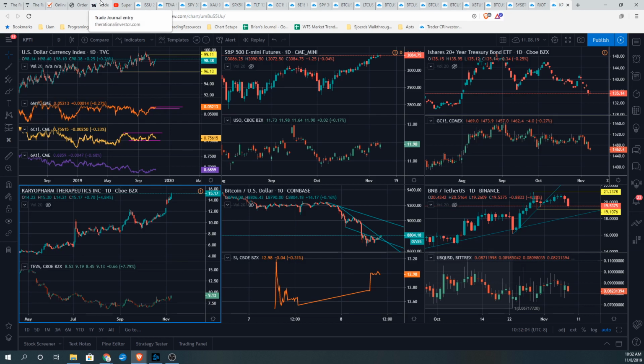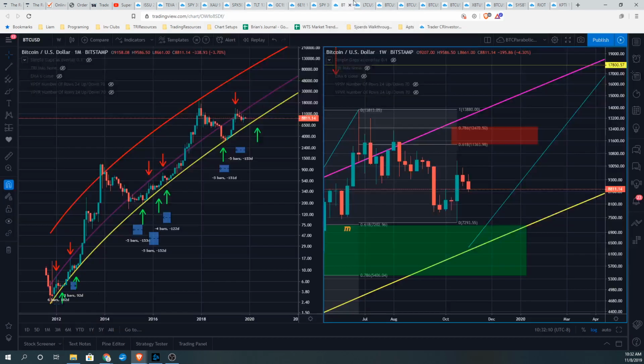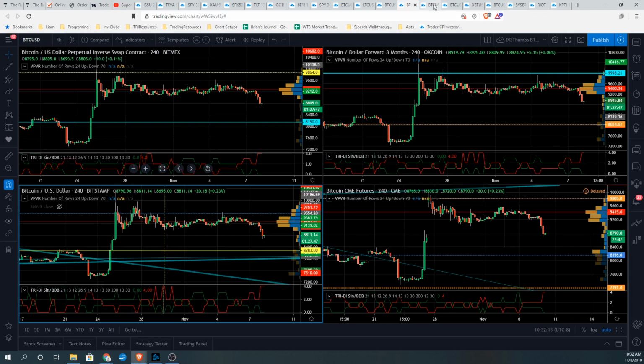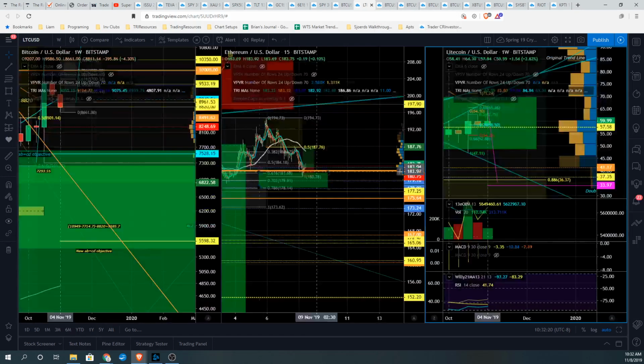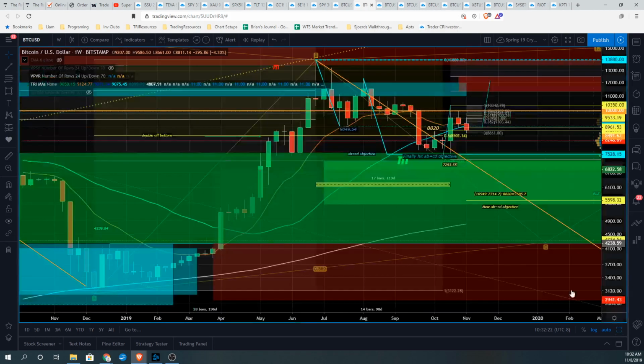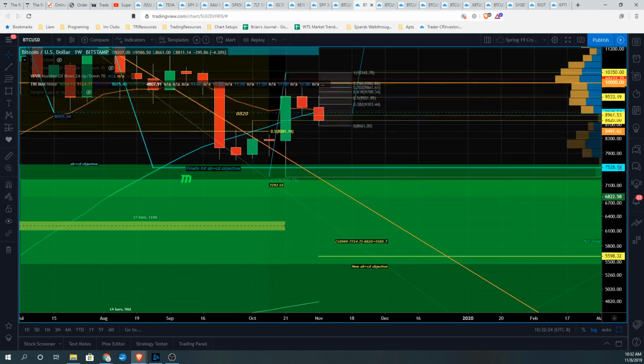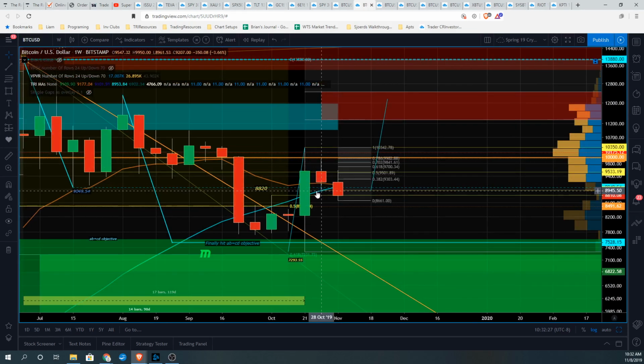For whatever it's worth, you live by the sword, die by the sword, as I said earlier. Bitcoin went through a key level for me, confirmed. What I'm worried about here for Bitcoin is we actually confirmed weekly failure bars here. My whole thesis of crypto and Bitcoin was, if I was going to trade this, I wanted to see if I could sneak in and this inside bar would hold. And it didn't, so I was politely told to exit.